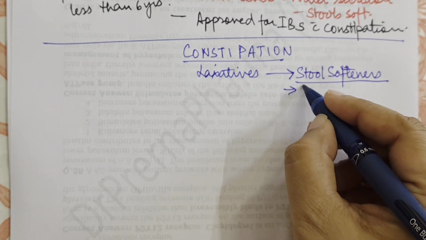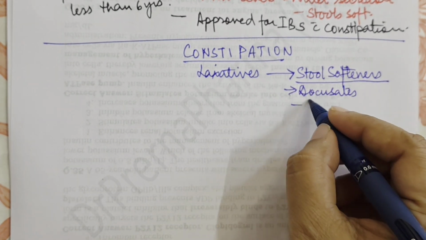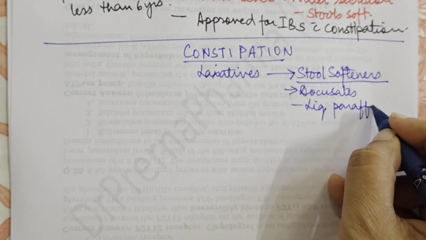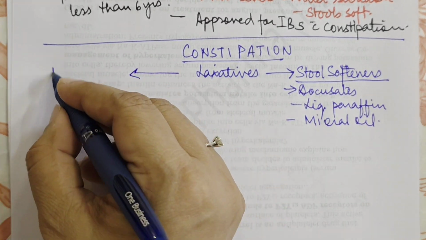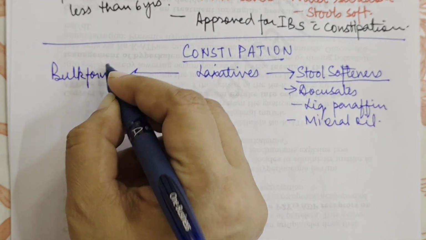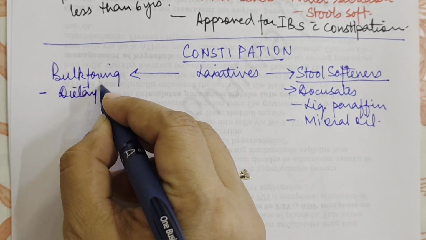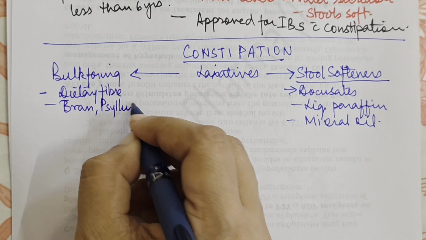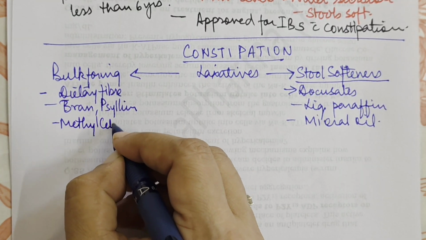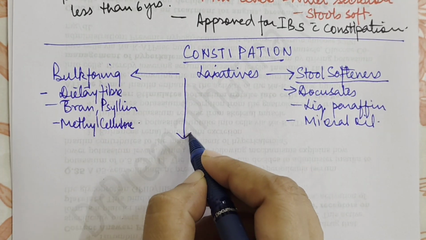So we have drugs which are called as stool softeners, in which we have docusate, we have liquid paraffin, okay, and we have mineral oil. Then we have drugs which are bulk forming agents. Okay, so bulk forming agents में we have dietary fiber, bran, psyllium, and methyl cellulose. Okay, then we have osmotic